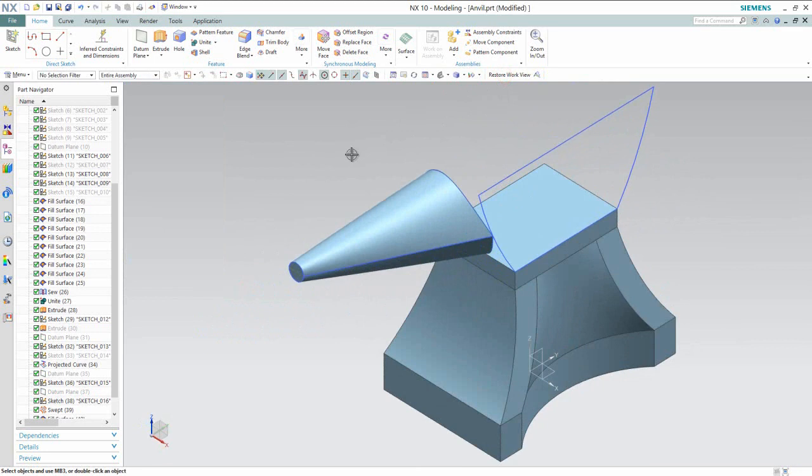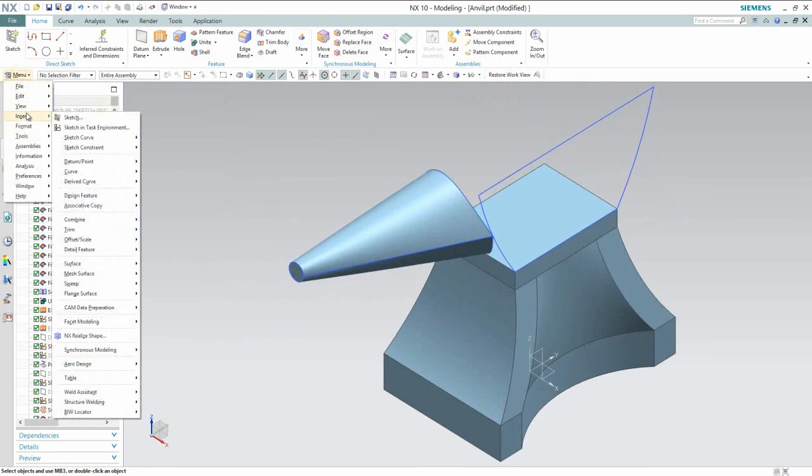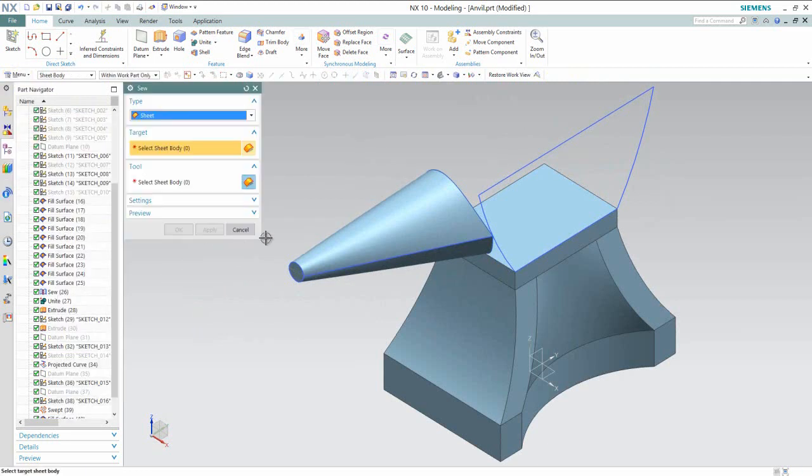Now we will activate the sew command. First select the surface, OK, then select the other surfaces, OK.